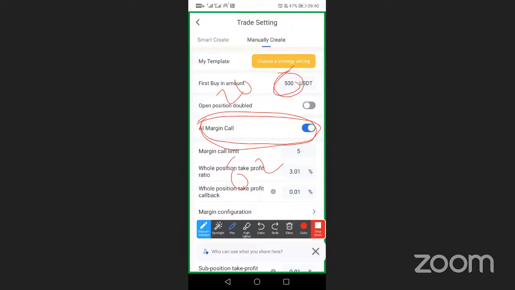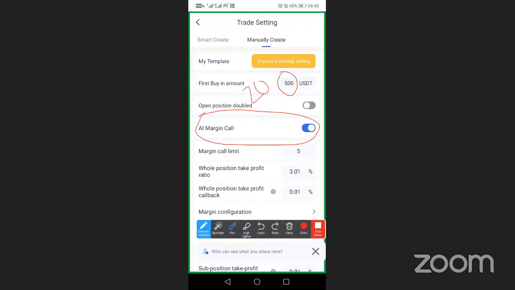The robot is going to buy again with another 500 on your margin call, which is not going to be possible because the robot is buying 5 times. Remember, on the multiple buy-in ratio, it will buy 5 times. So the capital for 5 times using 500 is not there. Okay? But allow your AI margin call to be on first before you edit this 500 to 20.